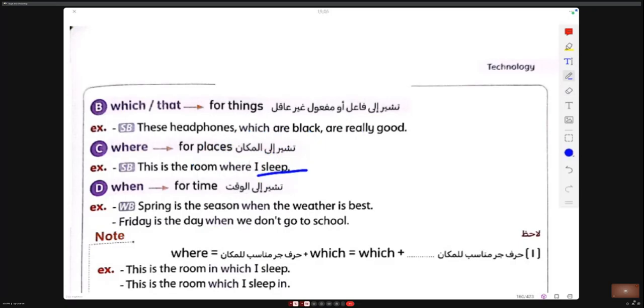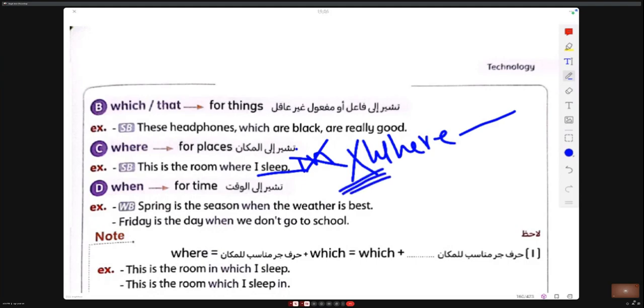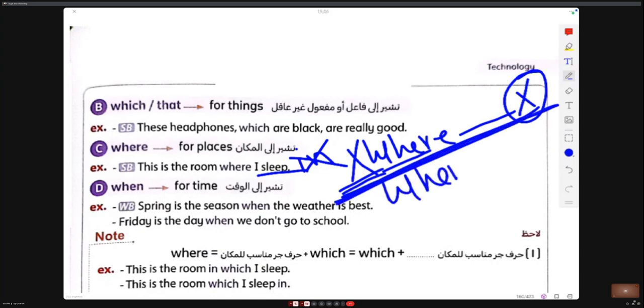So I sleep in this room, so I omit "in" also, because a preposition cannot come before or after where. So we don't use a preposition at all with where and when. Where and when, no preposition.